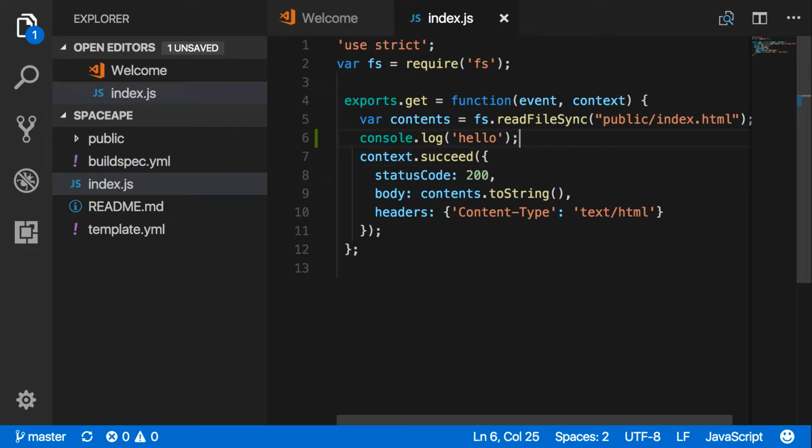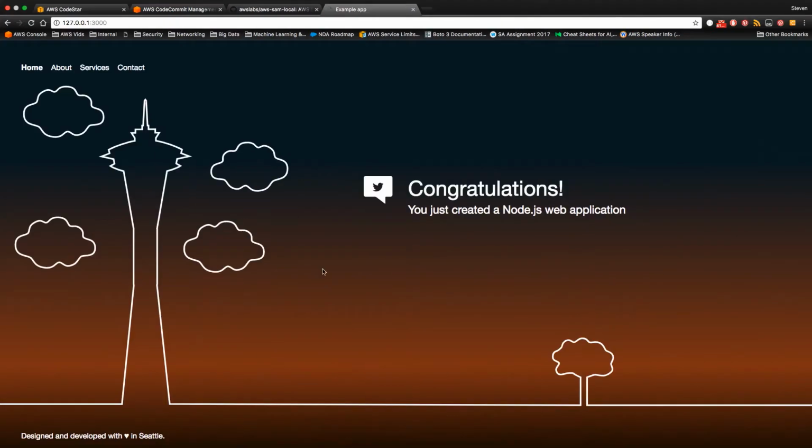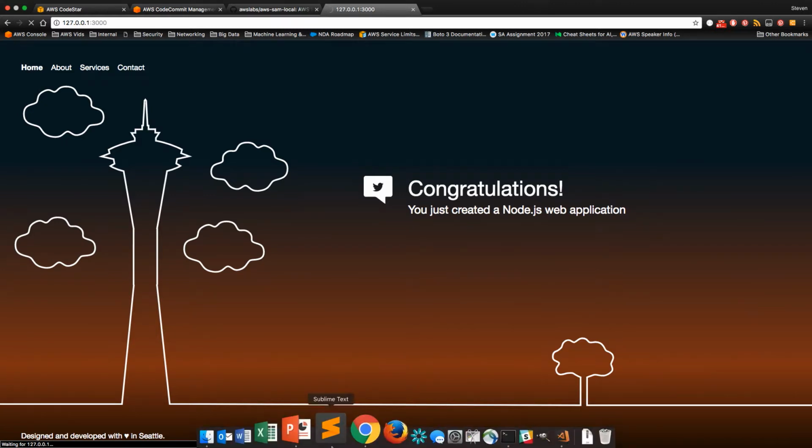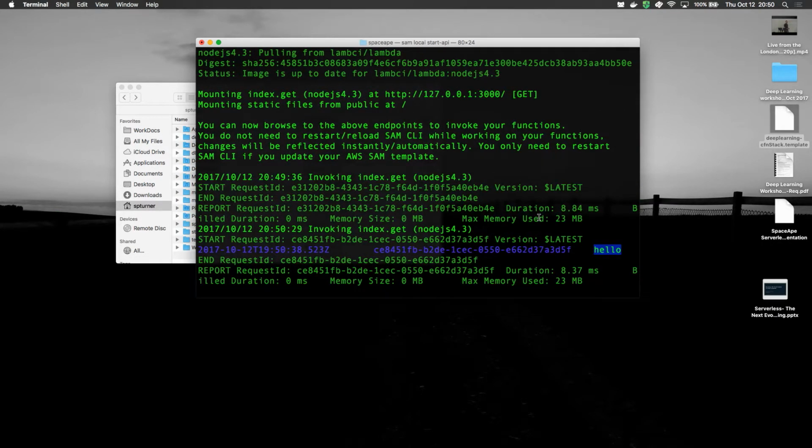And so I'll just hit save for that. And then that's all I actually need to do. So now if I go back to my browser, I will hit refresh. And what you'll see is the same image here. But when you go back to the terminal window, you'll see that actually we get this new logging element here. So you can start actually iterating rather quickly based on this.